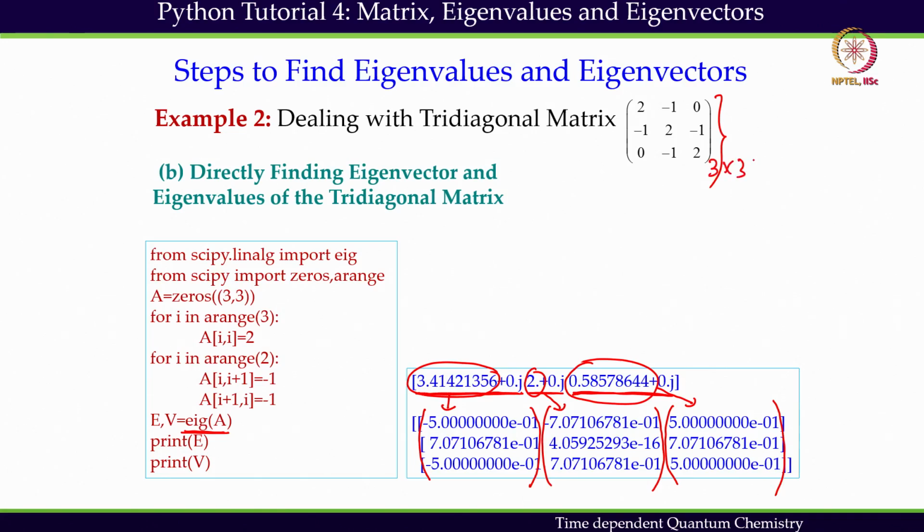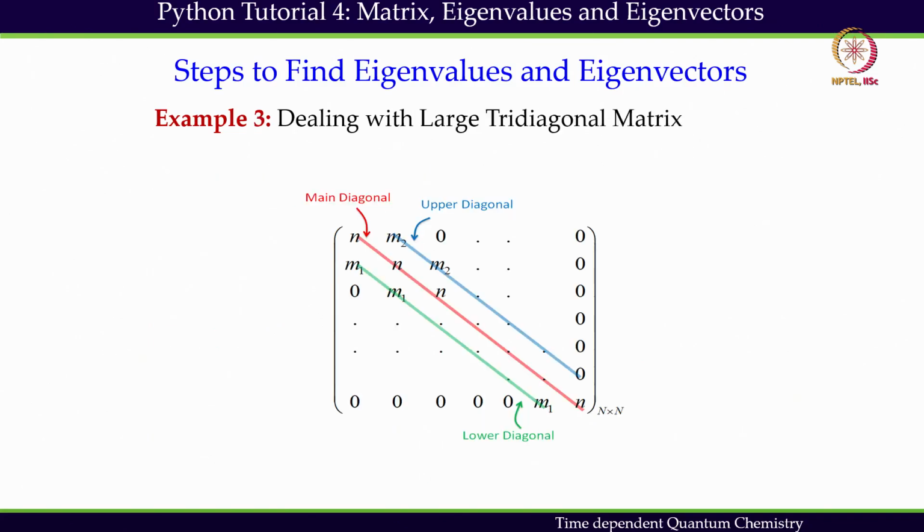In that case it can be very quick, but when we have a very large tridiagonal matrix, one can go over